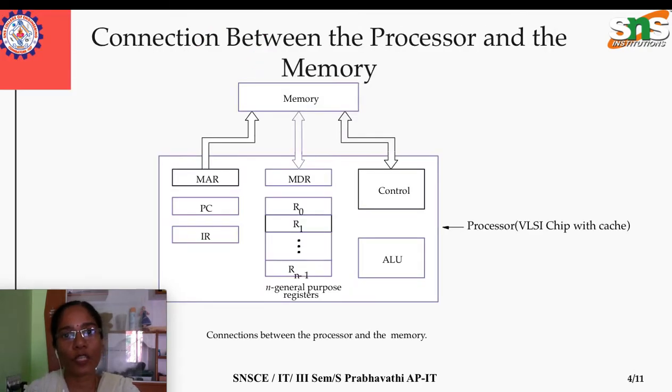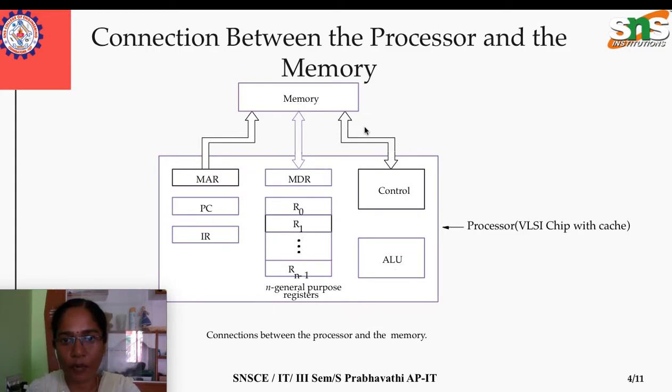Moving on to the connection between the processor and the memory. This is the processor part and this is the memory, and to have communication between the processor and memory, there is this bidirectional connection, which is called the bus. Bus here doesn't mean the one we use for transportation. In a computer system the bus is also used for transportation, but not for passengers; it carries data between the different functional units of the computer system, like the memory and the processor.